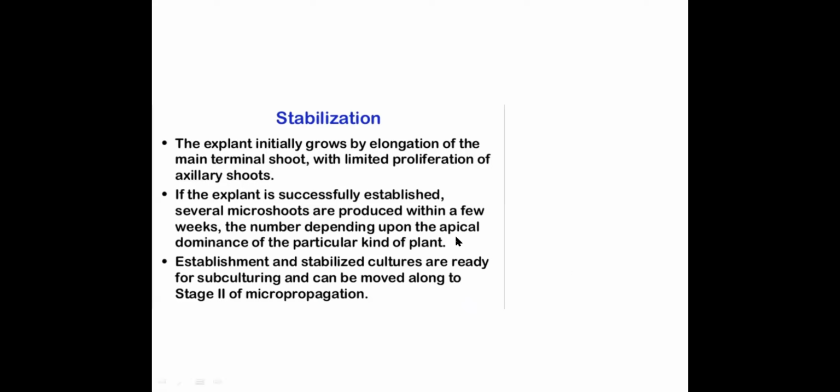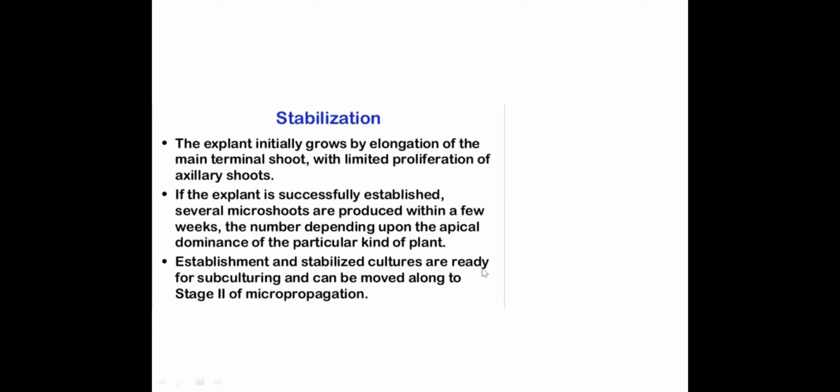Apical dominance means if the shoot tip is cut off, lateral branches will start emerging. You can do this and see that apical dominance is there. Till the shoot tip is there on the plant, the lateral branches will not come out. So when you cut it, that is what is called apical dominance. So it will keep growing longitudinally till the tip is cut. So that has some dominance to the physiology of the plant. So when you cut the shoot tip, it will give many lateral branches. That is why you say micro shoots. That is what you call micro shoots.